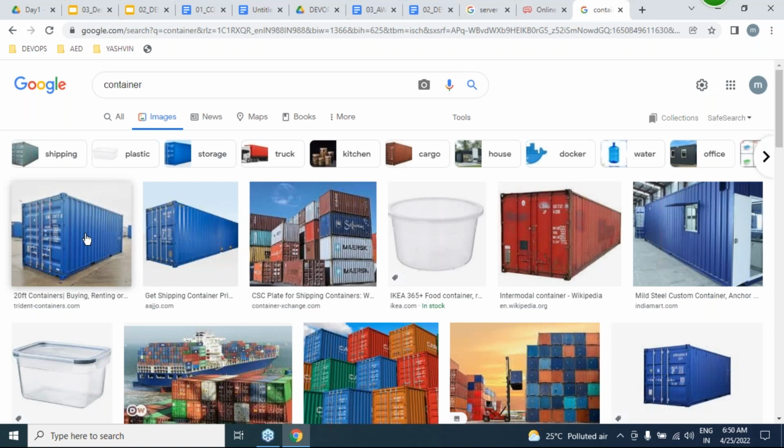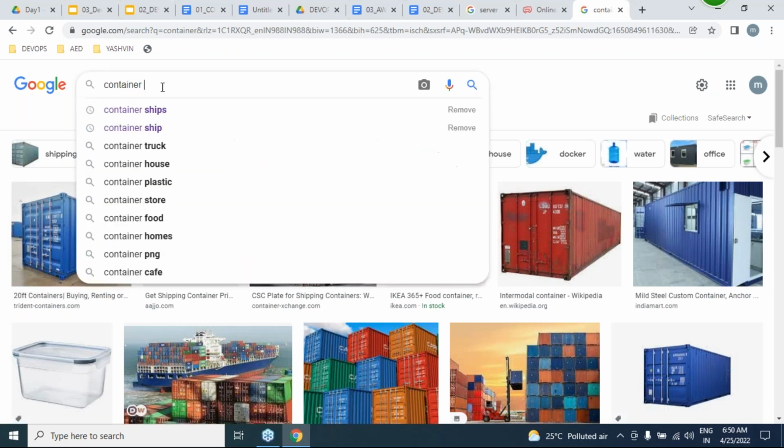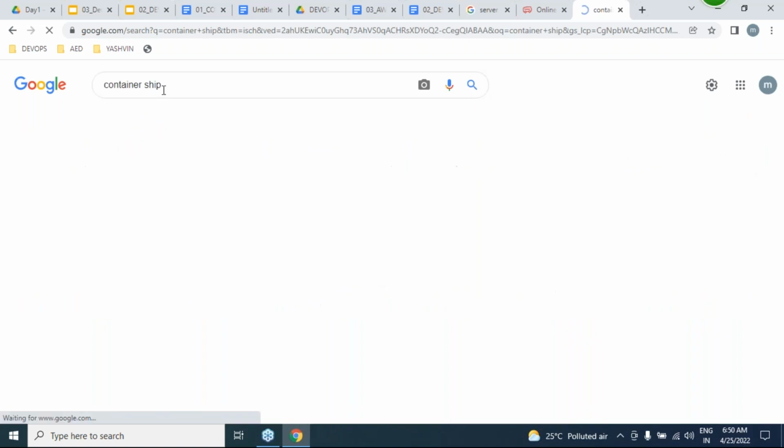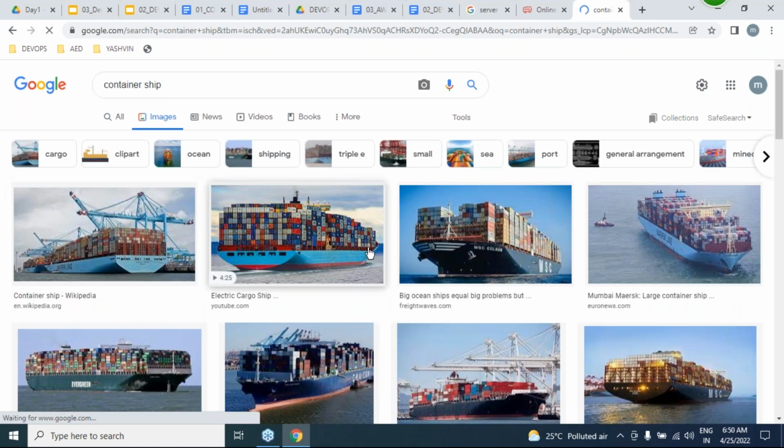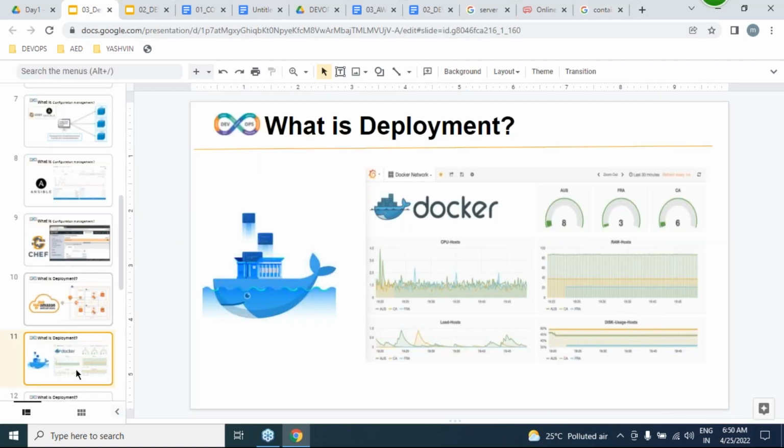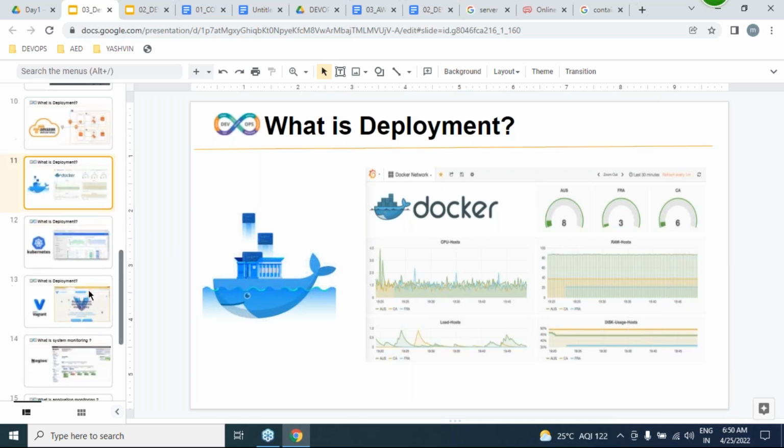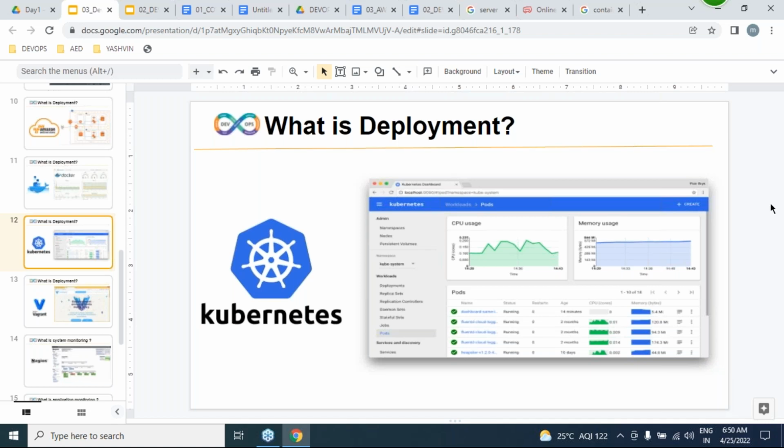How exactly do these normal containers work? The same way. These containers are managed by the ship, right? So these are all the containers managed by the ship, the same way. So these Docker containers we can manage by Kubernetes. Managed by Kubernetes, please.